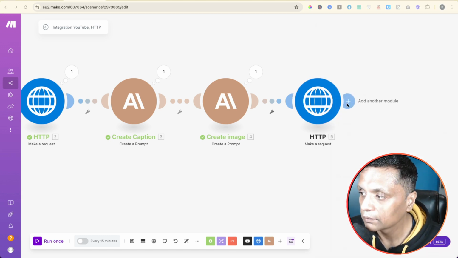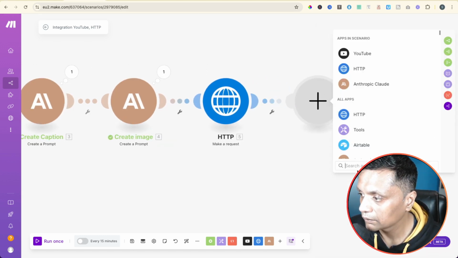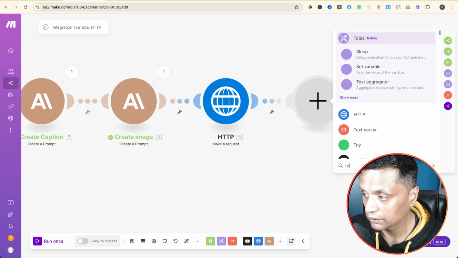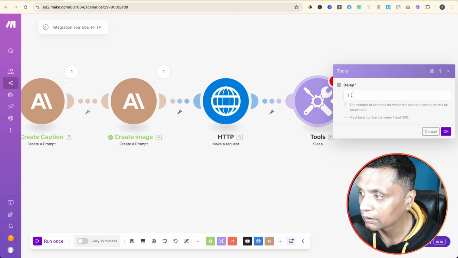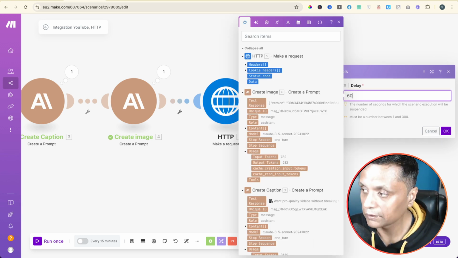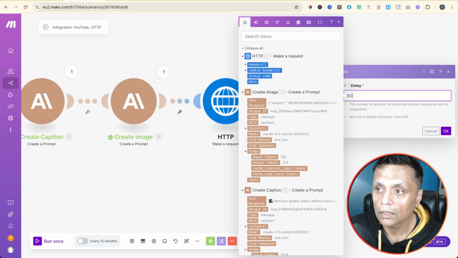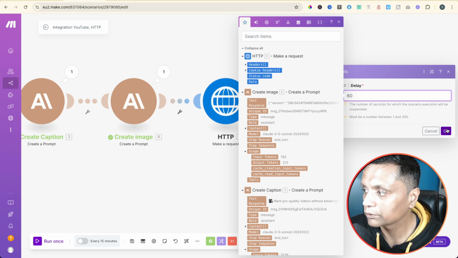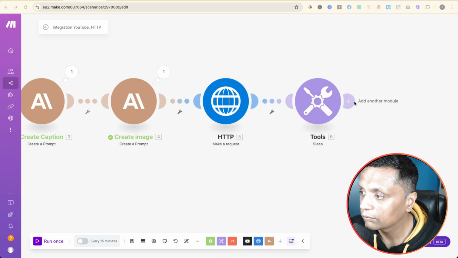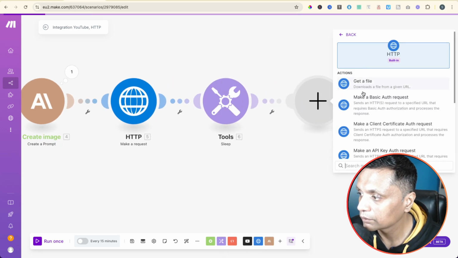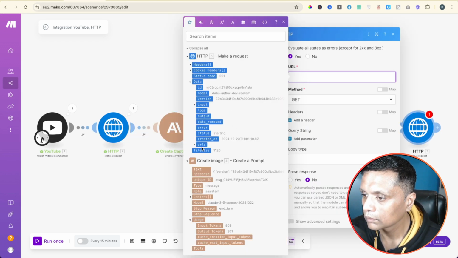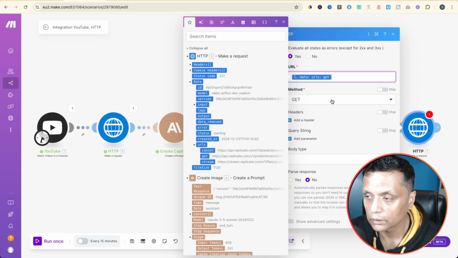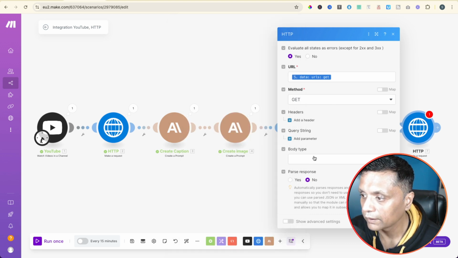We need to add a sleep timer. We'll select tools, and basically it will take some time to get the image created. So we have to give it a few minutes. So I've chosen 1 minute of sleep, and then we add another HTTP module, make a request, URL. The URL, we choose the method as get, and then we add the header,